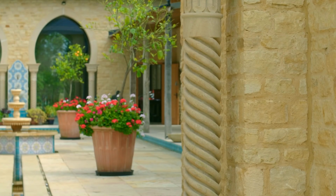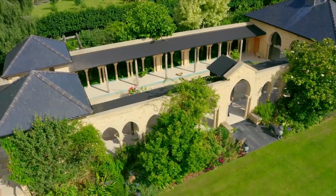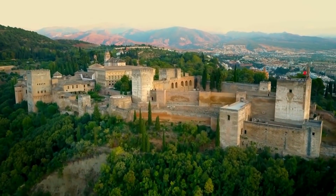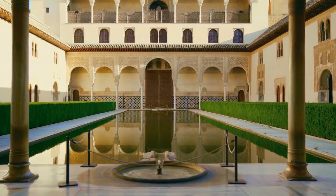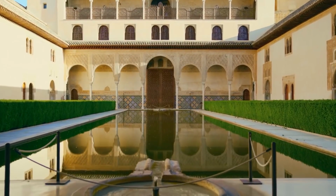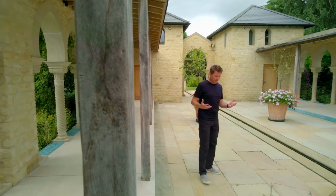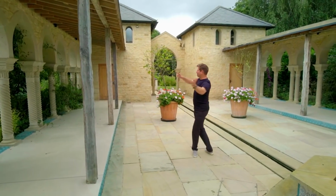You feel like you could be in Morocco, but we're in the Cotswolds. It was inspired by the owner's travels to the Alhambra in southern Spain, a vast palace fortress complex dating back to the 9th century, considered to be one of the finest examples of Moorish architecture in Europe. It's just incredible. I'm a massive fan of courtyard buildings, of beautiful pavilions where the architecture kind of wraps around